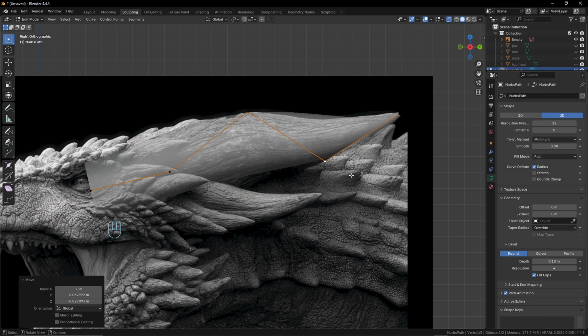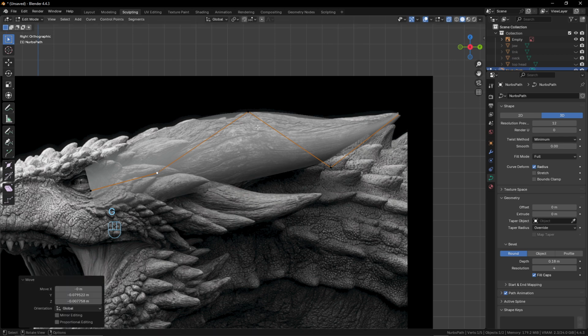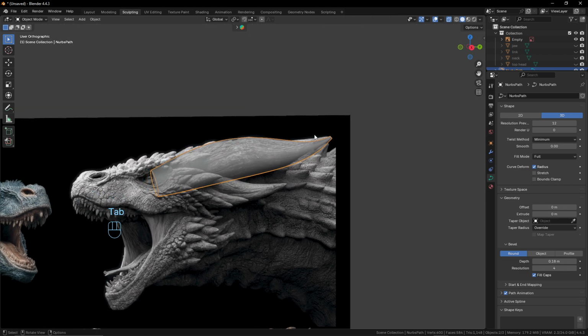Good. Let's move this down a little. Good. And now you can just draw what you need to draw with this. So I can increase a little the size of this, increase a little the size. This I will decrease like this. I will not have too much geometry inside. So just to have this kind of basic